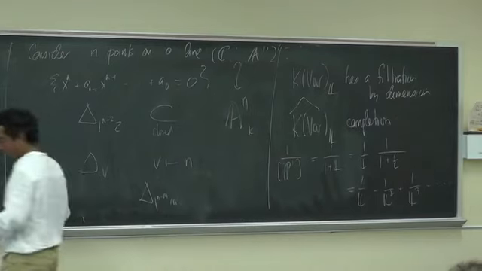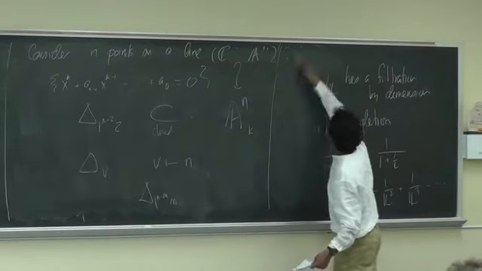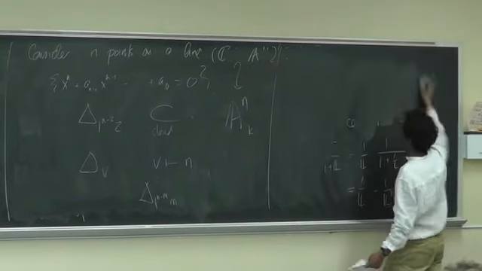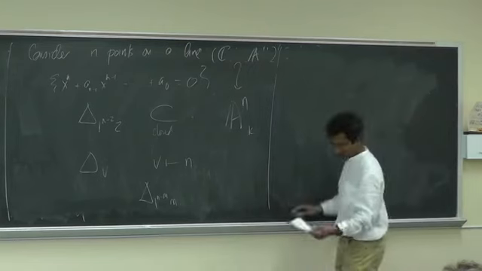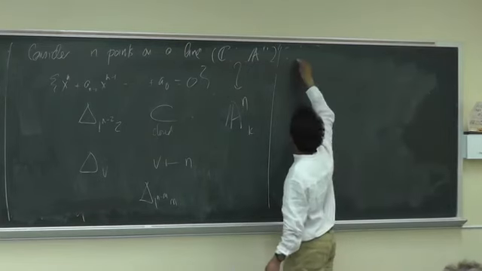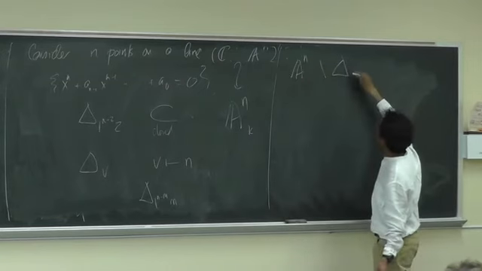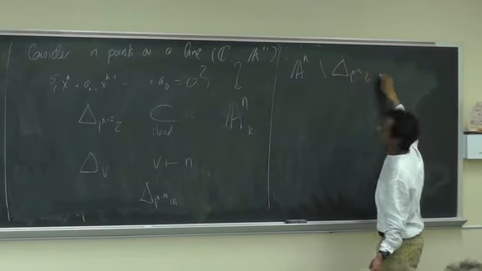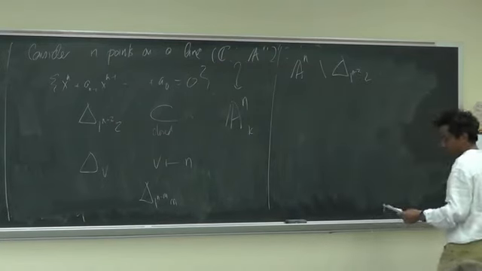And I want to give you 3 parallel results in different fields, none of which, to give you a hint that something interesting is going to go on. So basically what I look at is A^n. I want to look at those polynomials with no double root. So, the discriminant complement.